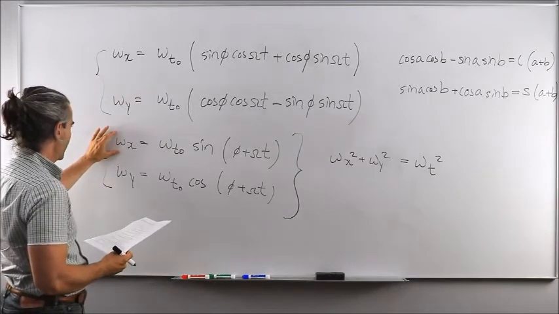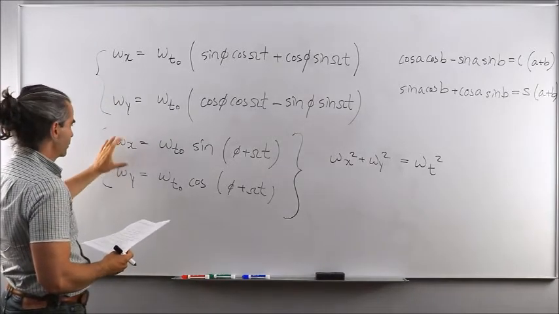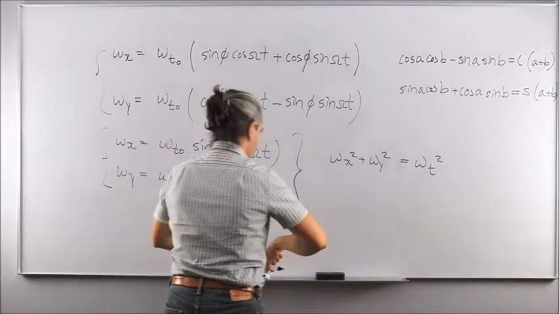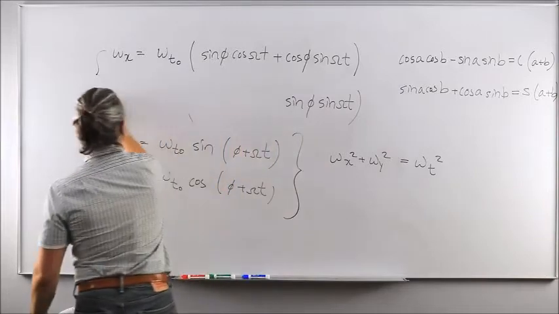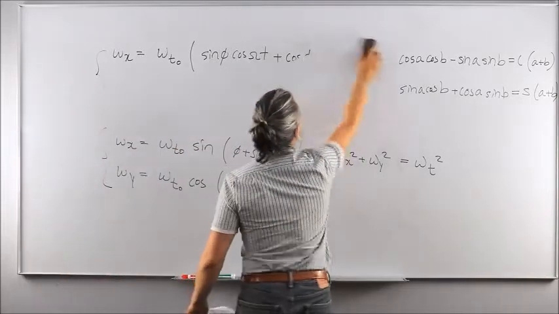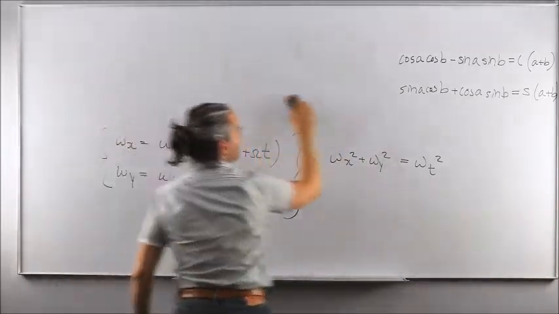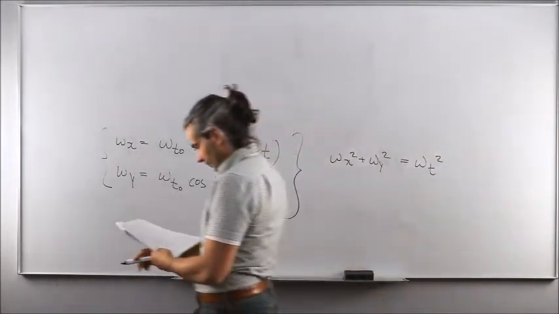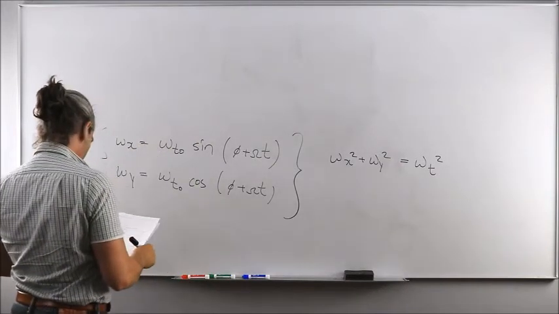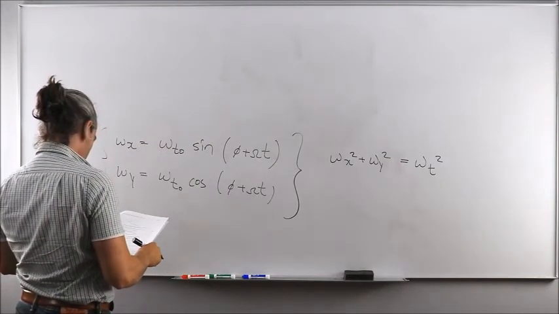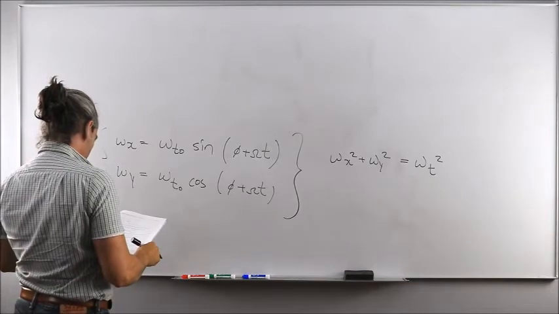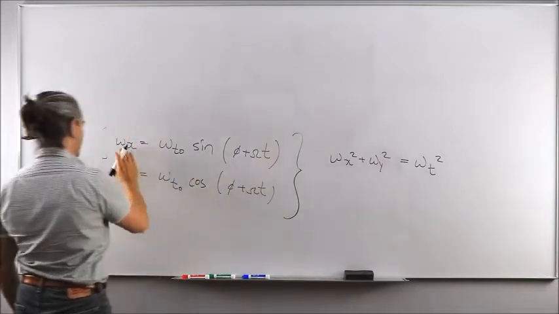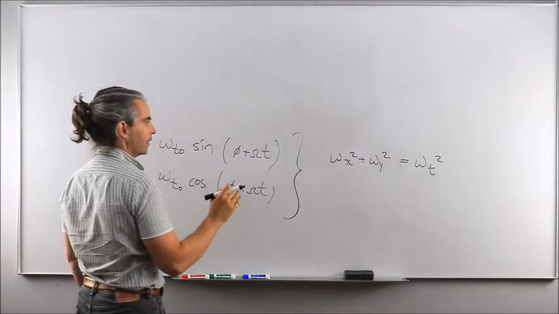So if I have my omega x here, my omega y here, I could square them both and add them together. Okay? Which is going to mean